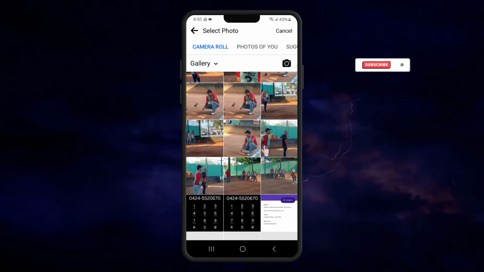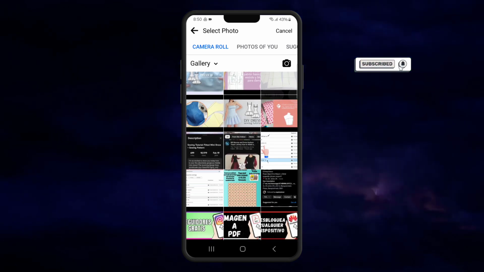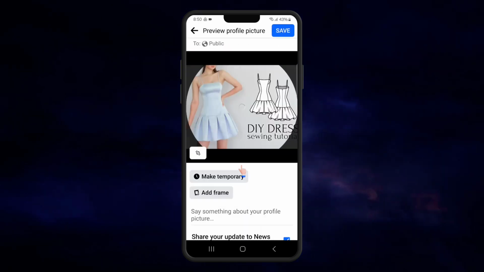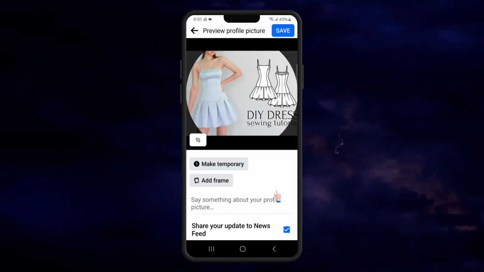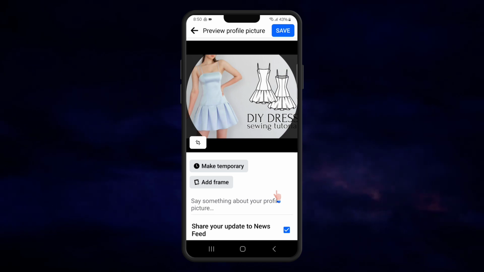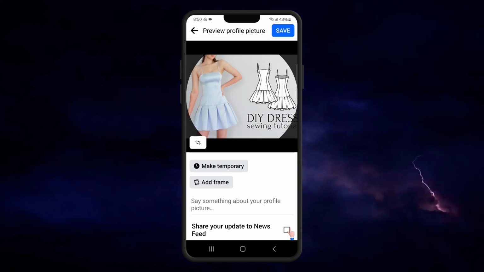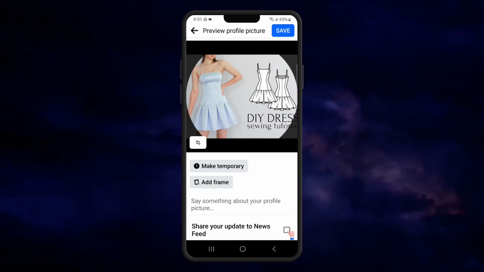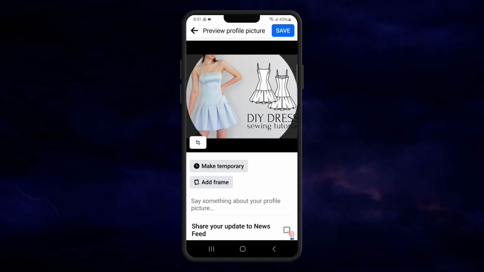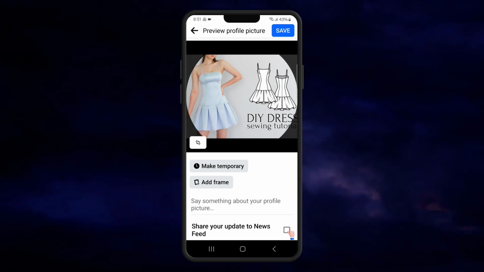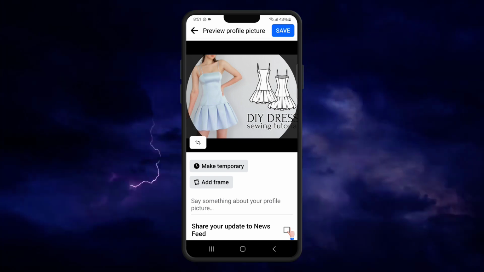Okay, select a new photo with this, and you must press here share your update to news feed. Here we have the option to crop, and what you must do is make sure it is not published in the news